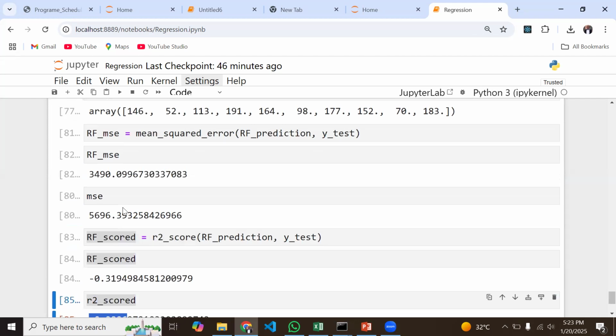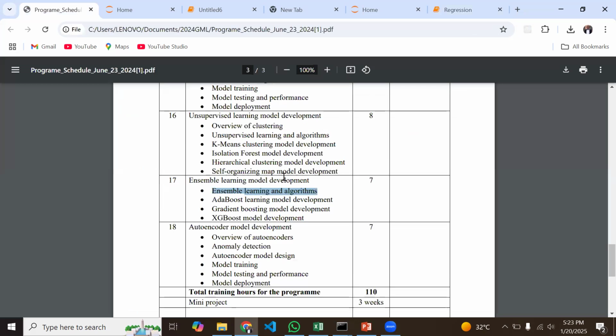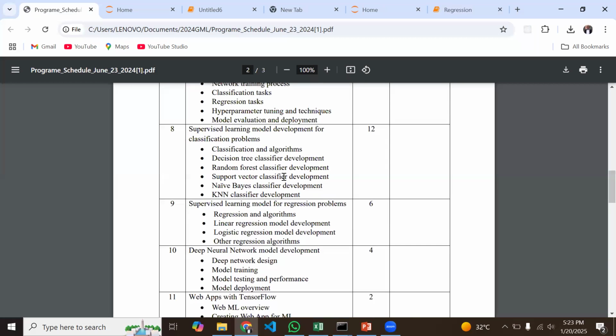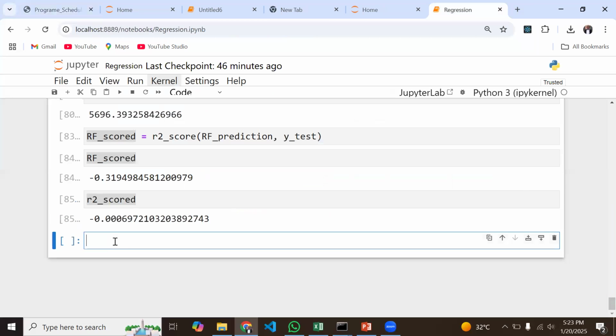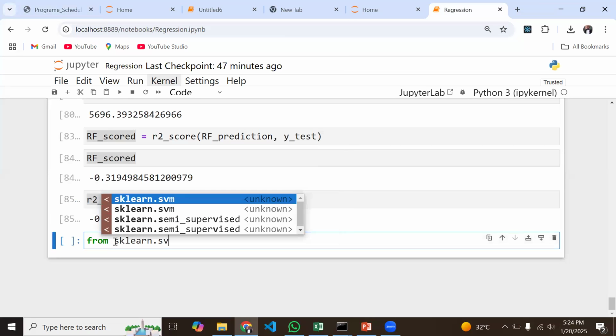Now, the last one, obviously, let's build, is with the support vector. Over here, we have classifier, so we would want to build the support vector regressor. All right, so let's build that one quickly. I'm going to call this SVM model, which is going to be equal to, sorry, first of all, let me import it. So I'm going to say from sklearn.svm